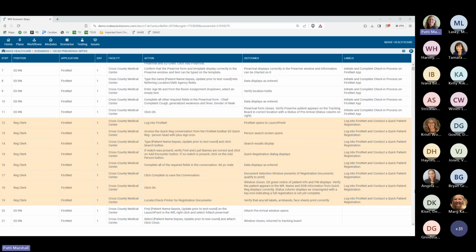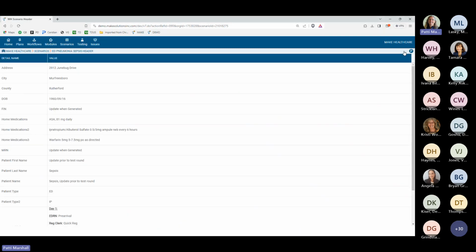The next thing that I'm going to show you is the header icon. I don't know if you've noticed that in here, by design, it now shows you the literal of the header field and then what you've entered in there. That's only here in the scenarios page. So to get to the header, you just click here. And if I wanted to go in and update that,